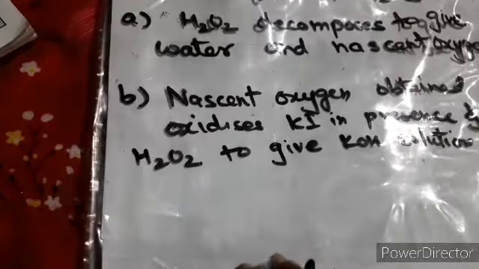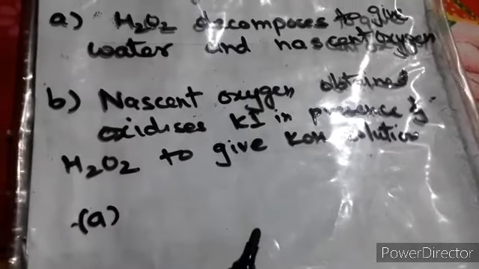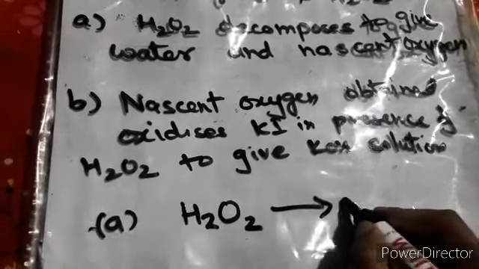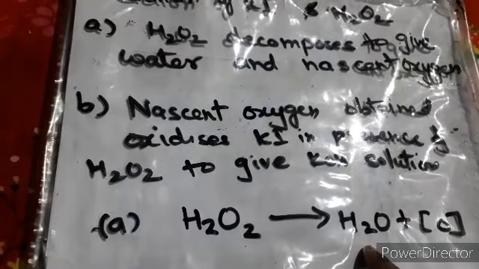So let's come to the first part and solve it. It's again a question which I have taken from your book only. So let's see how we can do the first step. The first step says, the answers are already given. H2O2 decomposes, gives you what? Water and nascent oxygen. Now, decomposition takes place under different conditions, but over here there is no need to specify the condition. So this first step is completed, because decompose means to break, so it is breaking up to give you water and nascent oxygen. Now you know how to write nascent oxygen.